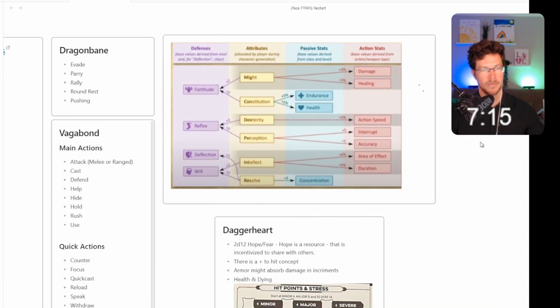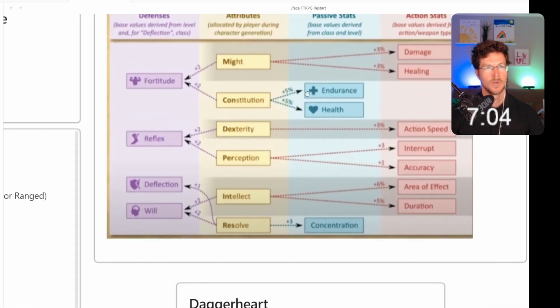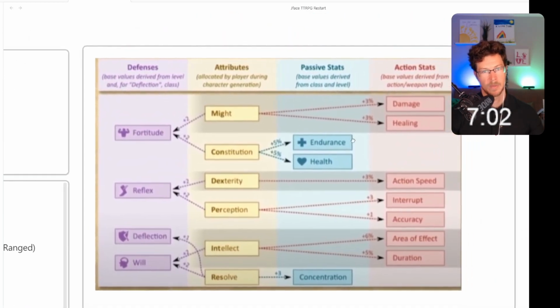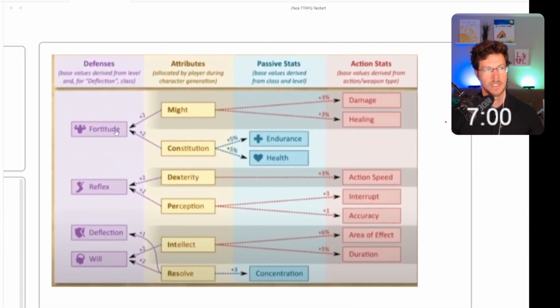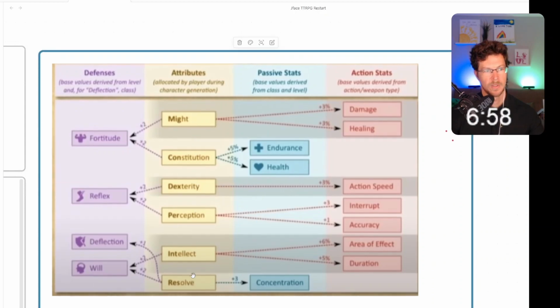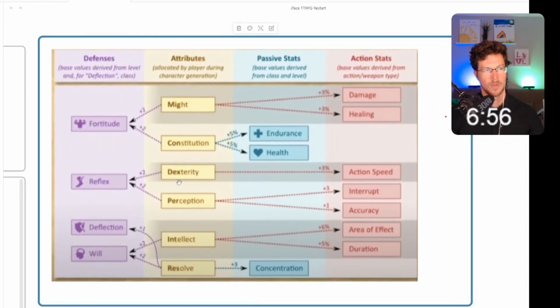This is from a video that I think was linked by Lethal Latus in our Discord channel. There was this one image from it that I thought was magnifique. In essence, it's a video game, but it was talking about game design. You can see that here are your attributes, and those attributes affect your defensive ratings, but they also affect your active action abilities and your passive stats.